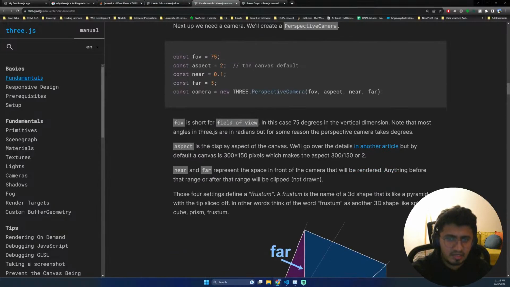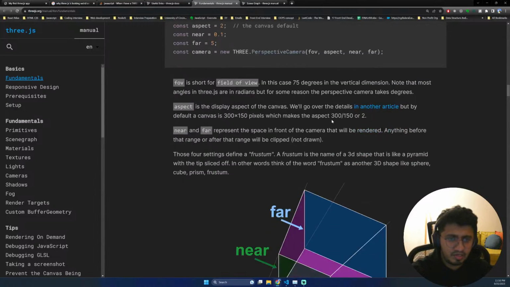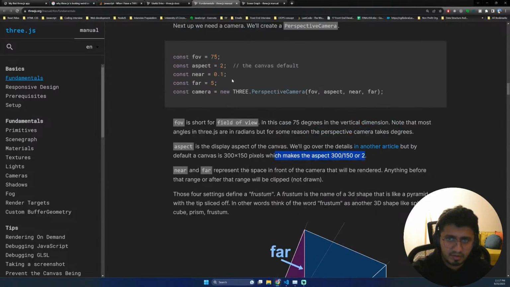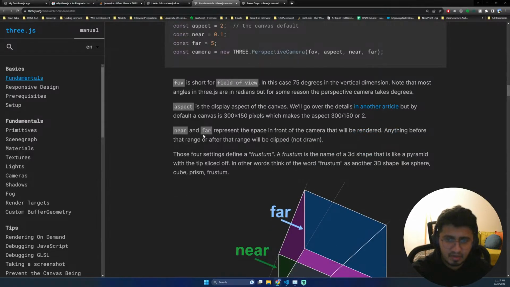Aspect is the display aspect of the canvas. We'll go over the details in another article, but by default, a canvas is 300 by 150 pixels, which makes the aspect ratio 300 by 150, or 2. Okay, the canvas default. Near and far represent